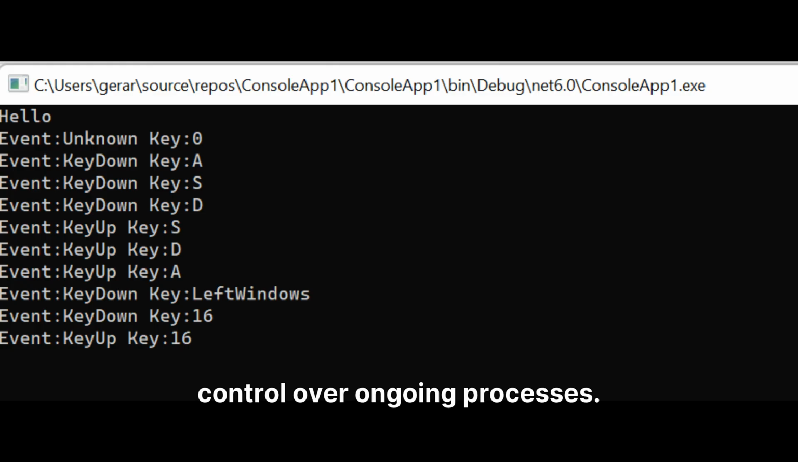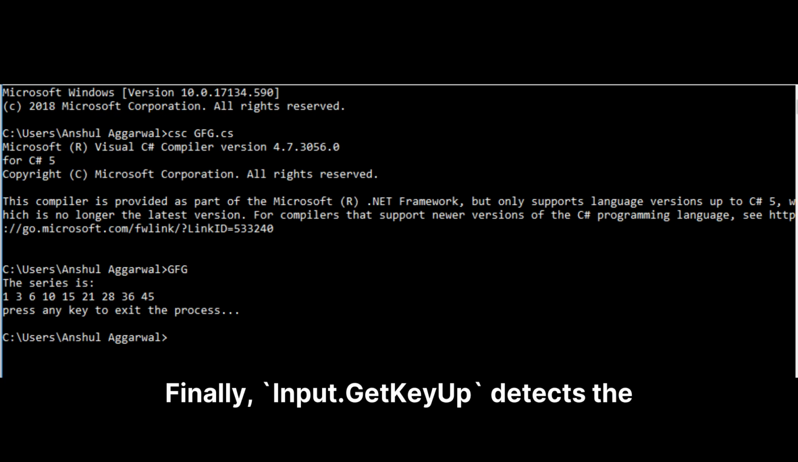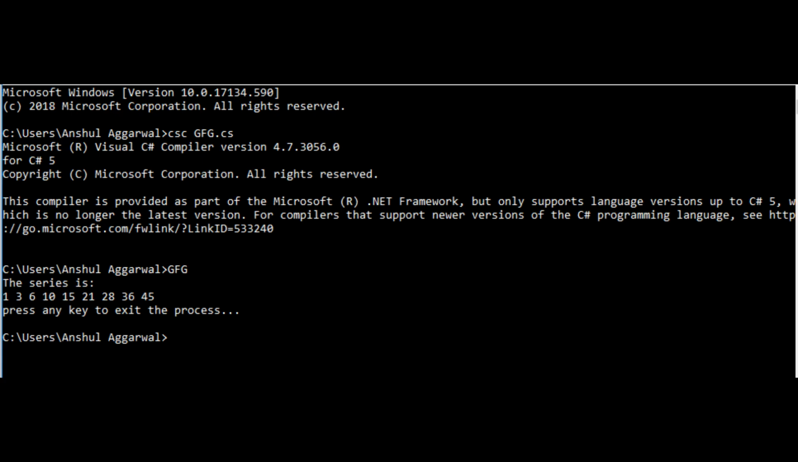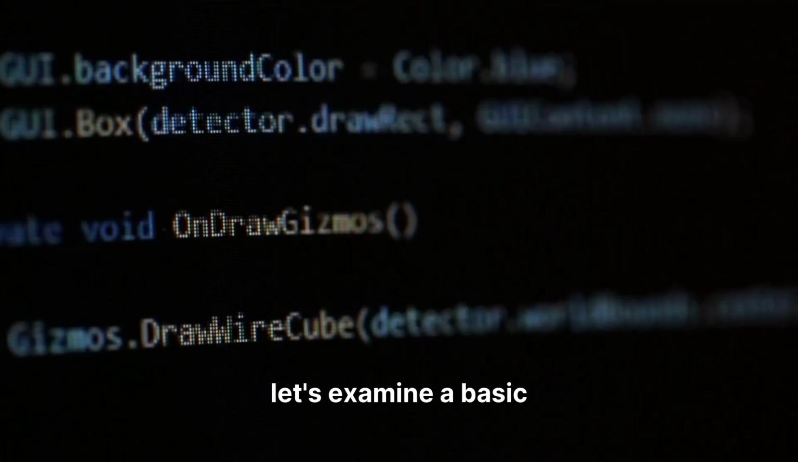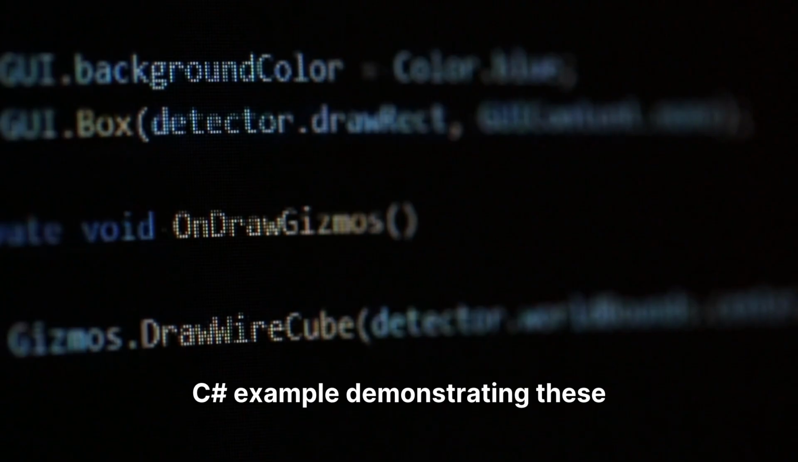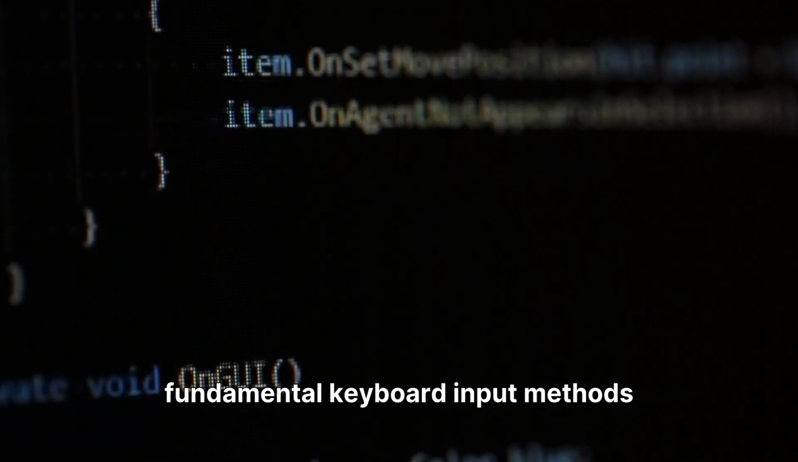control over ongoing processes. Finally, Input.GetKeyUp detects the exact moment a key is released, returning true only during that specific frame. This is useful for actions triggered upon input cessation, such as stopping a sprint, releasing a charged attack, or confirming a selection. To illustrate these concepts, let's examine a basic C# example demonstrating these fundamental keyboard input methods within